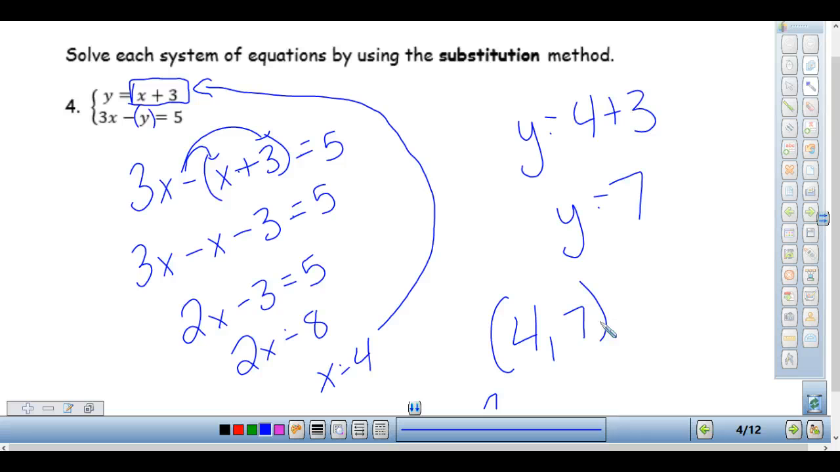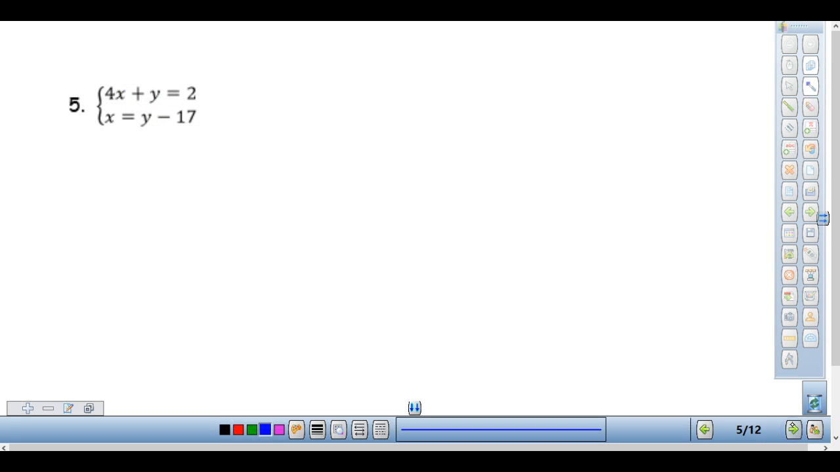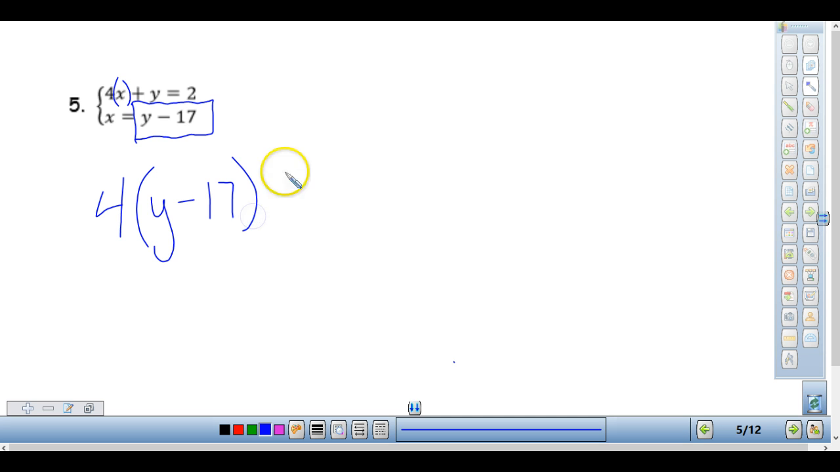Okay. A lot of it, I didn't take a whole lot of points off because what a lot of you did was you forgot to put that negative sign through, and that's where some of you got the number 1. Okay, this time we have x by itself, so we need to put y minus 17 in a box. This time it's going in for x. Some of us put it in for y, and that's where we went wrong. So we have 4 times (y minus 17) plus y equals 2,